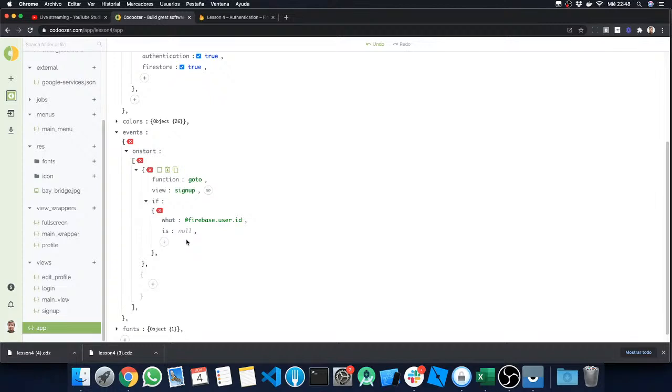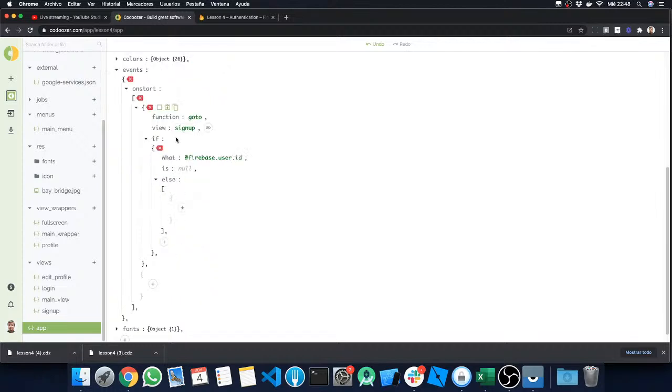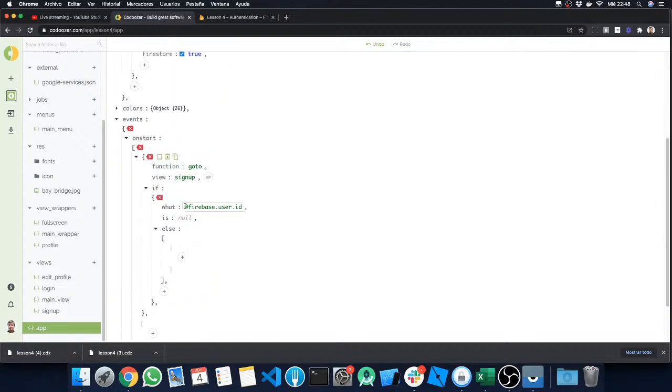In that case, you want to go to the sign up screen. And this is new, you can add this else. This is from last week, I think. So now, if the Firebase user ID is null, then do the go to sign up. Else, if it's not null, then go to